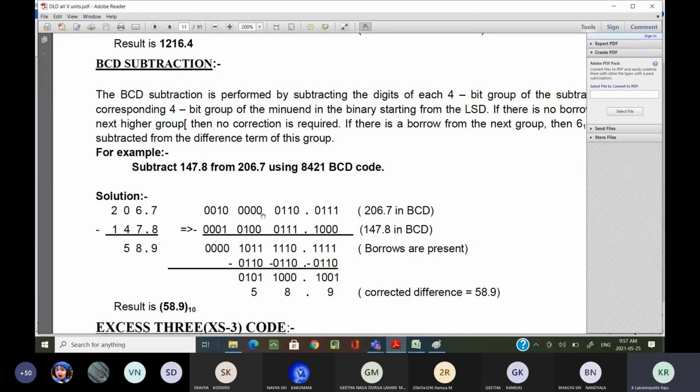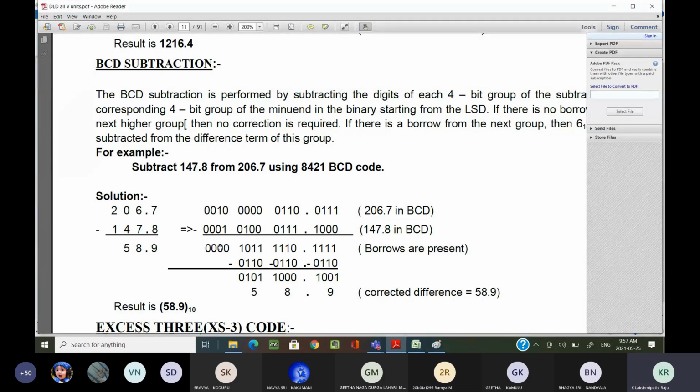What is the value left here? 1. 1 minus 1 is 0. What is the value left here? 1. 1 minus 1 is 0. What is the value left here? 0. 0 minus 0 is 0.